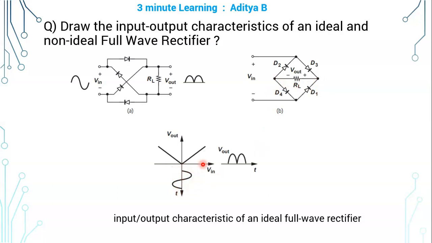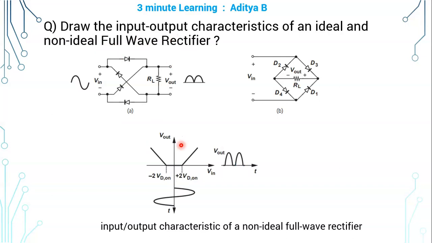Whenever input is positive, that is greater than 0, in case of ideal diodes, output follows input. Whenever input is less than 0, output is again equal to input in magnitude, but with a 180 degrees phase shift. In other words, input is flipped. So as you can see here in the waveform, Vout equals Vin during the positive half cycle, that is the first quadrant. We should be in the second quadrant during the negative half cycle, and this negative half cycle is flipped. That is, see, this is coming upside.